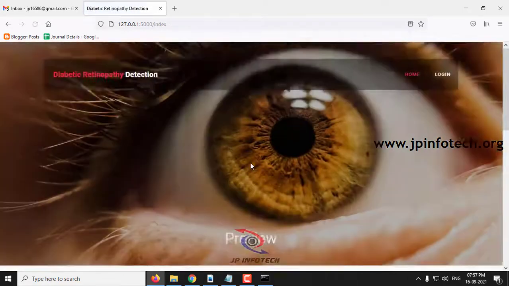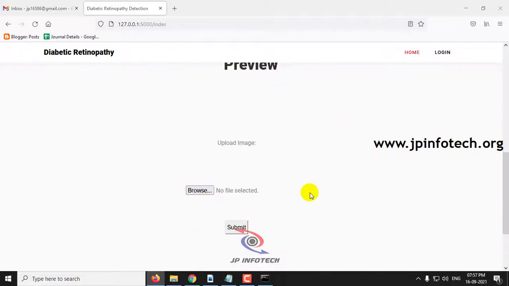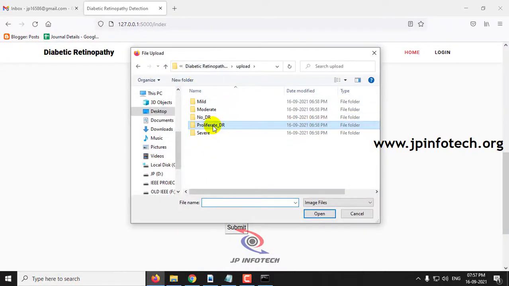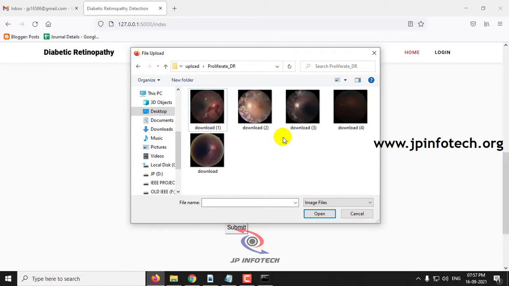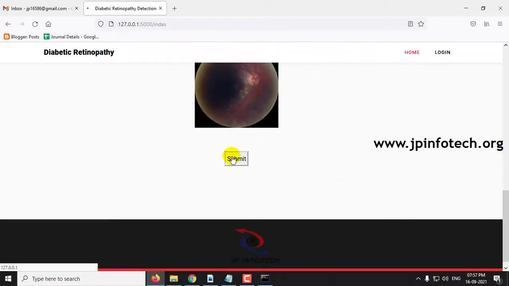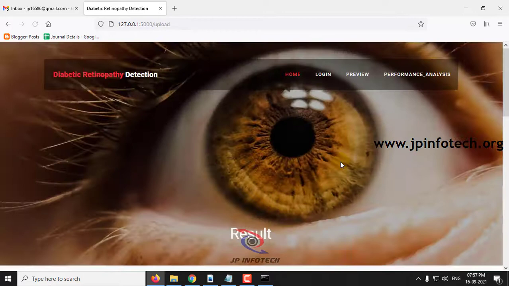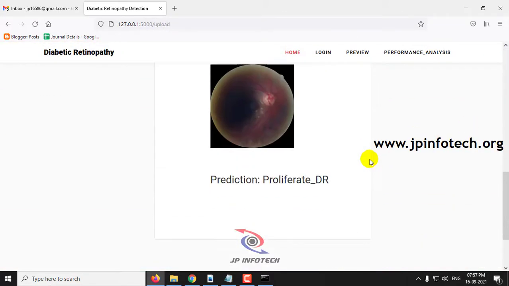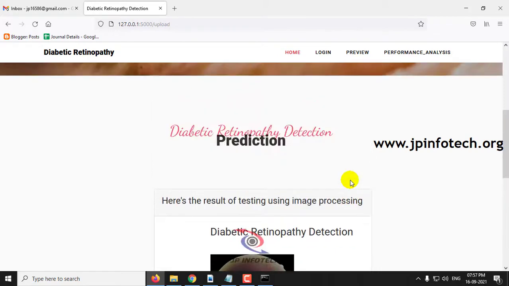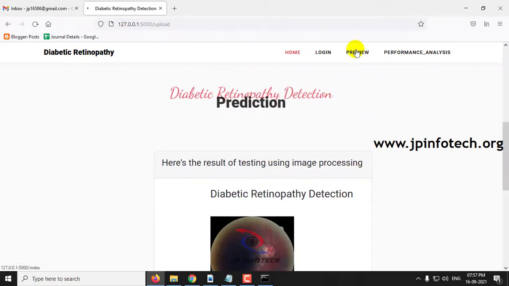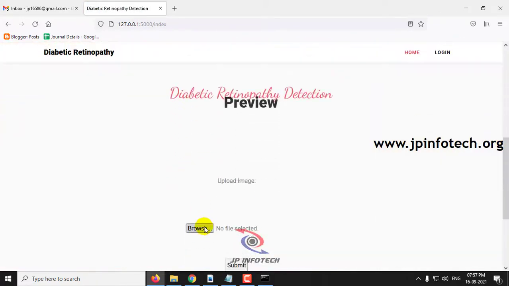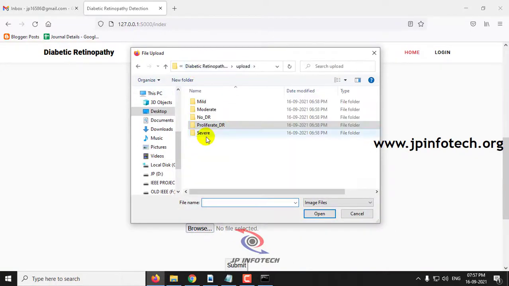Now let me go to the preview part again and go to the other class, which is proliferate, select any of the images and click submit. Here you can see the prediction result, it is proliferate. At last I'll go for the final class, which is severe.